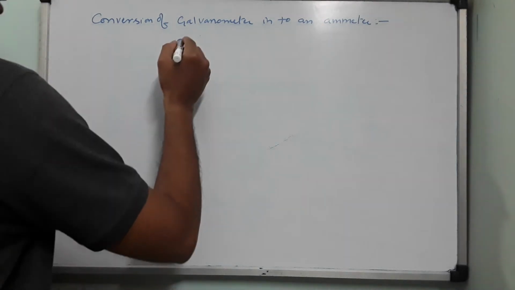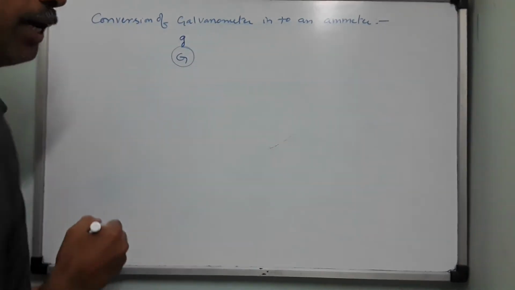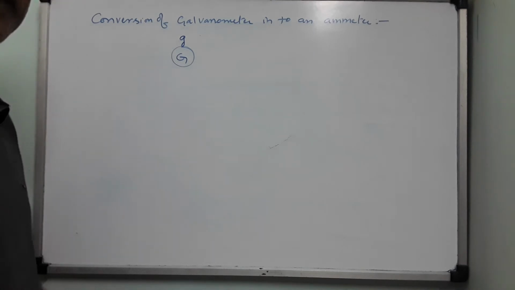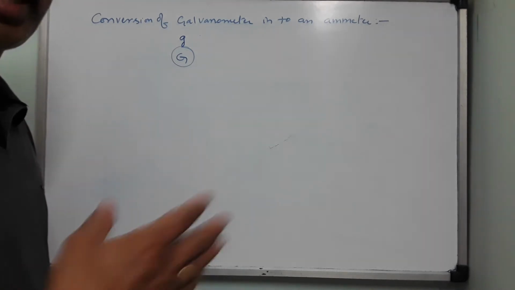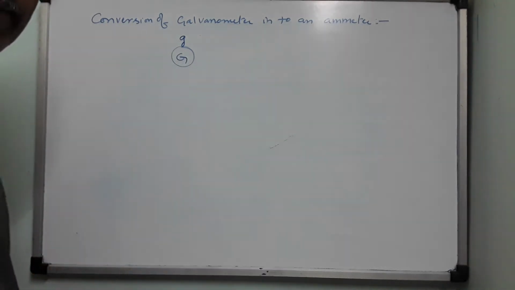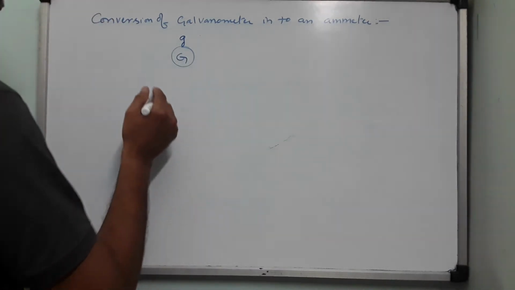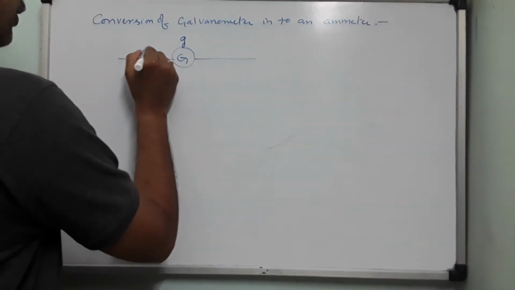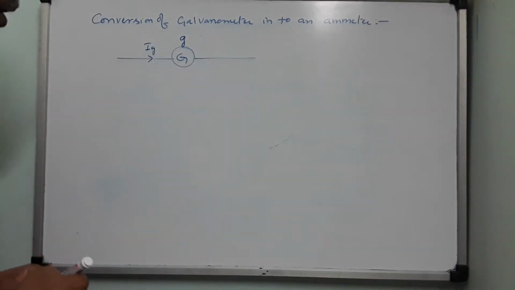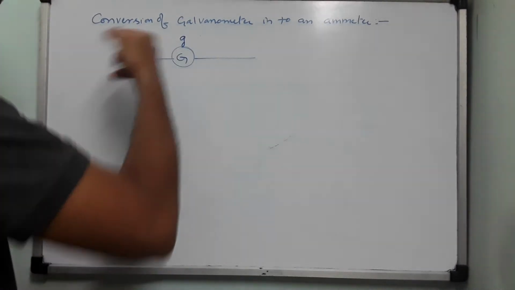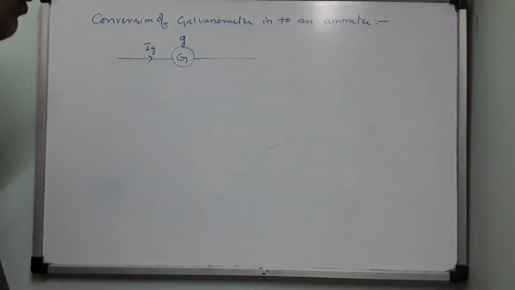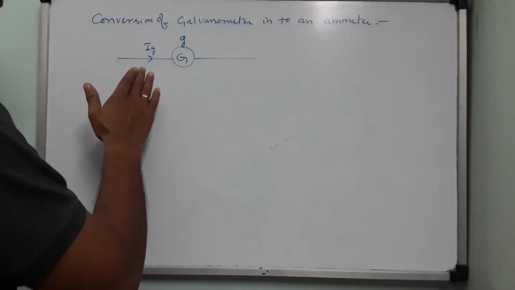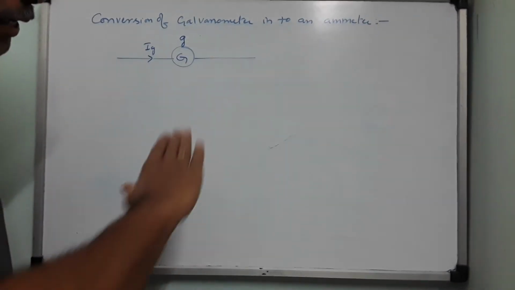Let it have an internal resistance G. Who contributes to the internal resistance of this galvanometer? Basically it is the coil that has a resistance, of the order of 100 ohm, 50 ohm, 60 ohm, like that. Now into this, you send a current which we call Ig. The small g stands for galvanometer. This Ig will be named the full deflection current of the galvanometer. That means when you pass this much current into the galvanometer, it gives the full deflection.